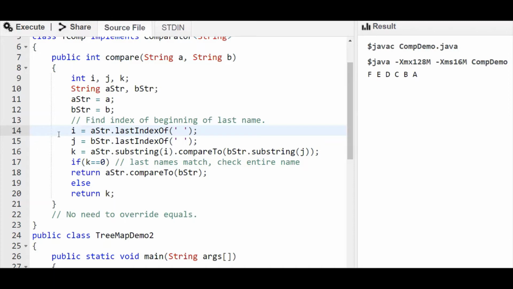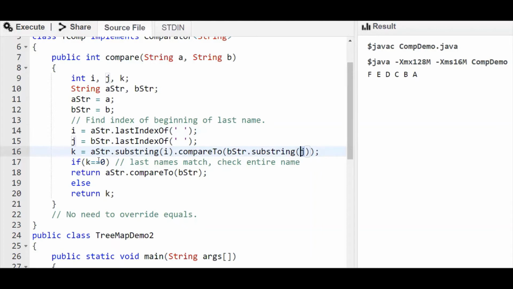Then again we'll use the comparator, that is, aStr.substring(i), a substring that starts at i, will be compared with a substring that starts at j. Based on the index of the space position, we'll start comparing the strings.